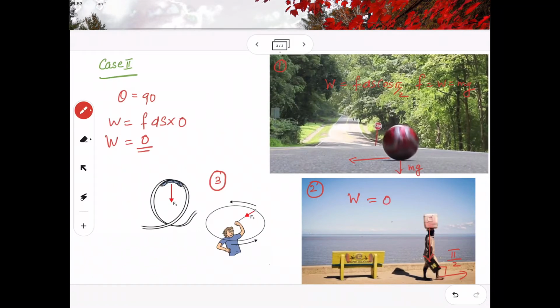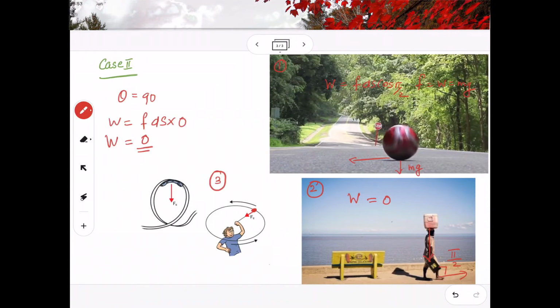Now in the third case, it is very important, the circular motion. So in circular motion, here you can see that a thread is attached to a stone, and the stone is actually revolving. So there will be a centripetal force which will be acting always towards the center. So here the boy is actually whirling the